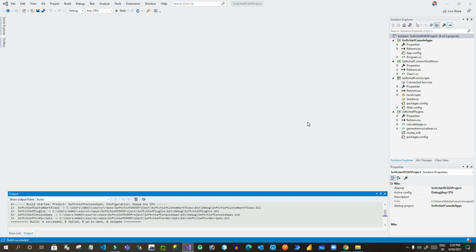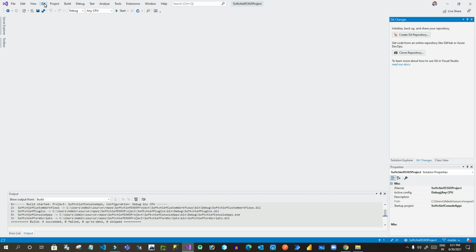What it will do, it will try to push all this record information, all this source code to the Git. Okay, so it will try to push. We can check also by going to the Git website. Okay, so I will go to Git.